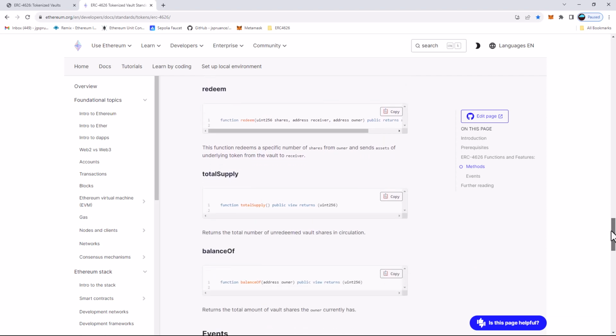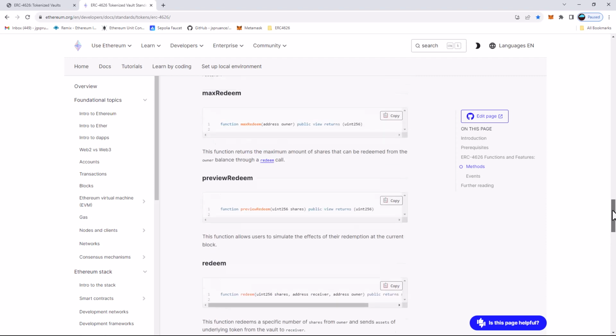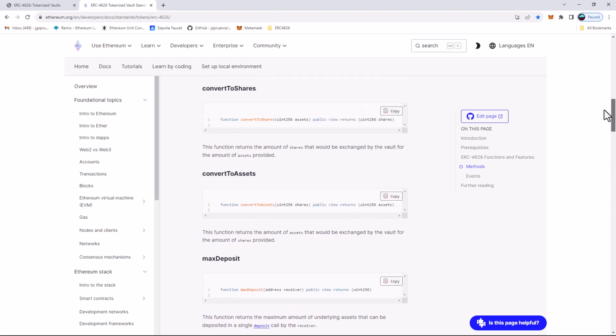Total supply gives you the total amount of shares in circulation, and balance of is just one of the many ERC20 functions that you're able to interact with, given the fact that ERC4626 in turn inherits ERC20. Now back up a little bit where we are seeing different functions such as convert to